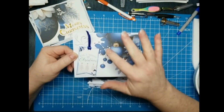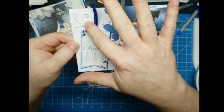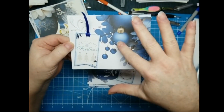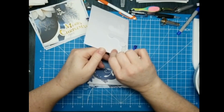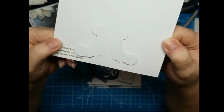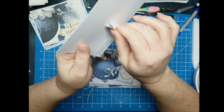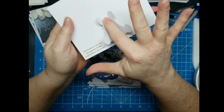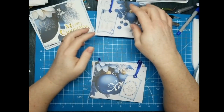I've gone back through my stash and pulled out some old sentiments. I did cut some new little fillery stuff, used some old gems. These were actually from a Paper Pumpkin kit, some ribbon I had, and then I turned it into a postcard with a stand. So I did leave room for my label, but I created this stand, and I've done a video to show you how I make the stand. I haven't uploaded it yet, but I will. And you just glue down the center part here, and it leaves these little legs to open up. Well,